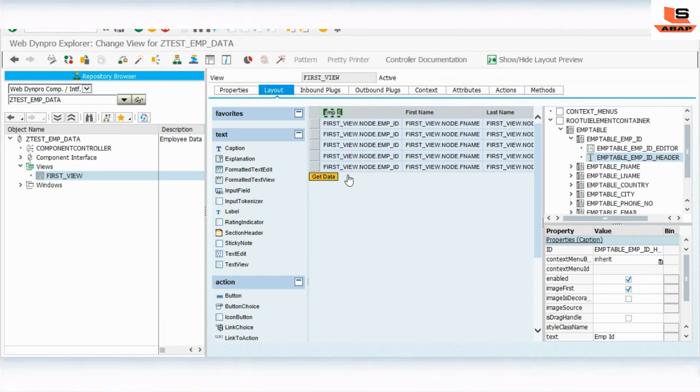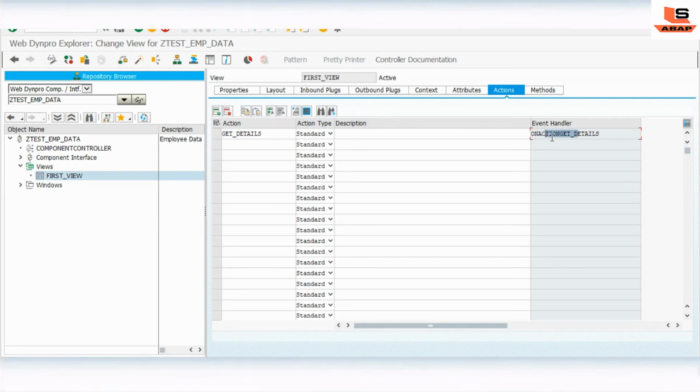Now, when we click on the button, the data should come inside this table. For that, we have to implement the logic for this action. As you can see, the action has one event handler, get action detail. If I double click on the icon, it will navigate us to this particular method. We have to implement the logic for get records.